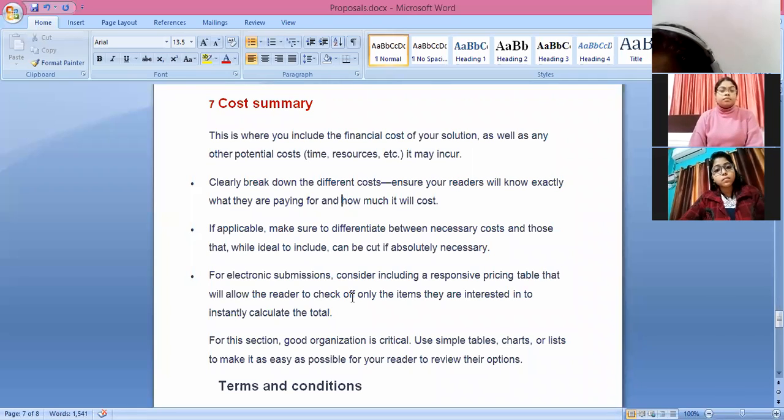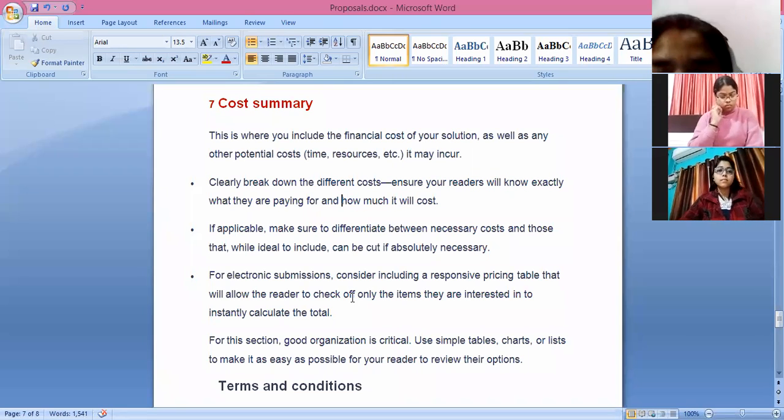Will you provide the diesel as well, or will you just give the car and let them take care of the diesel and the petrol, or are you talking about just a lump sum money? Right? So here in this cost summary section,